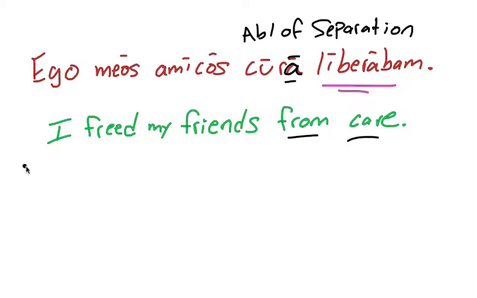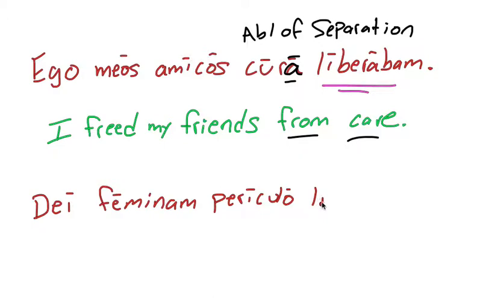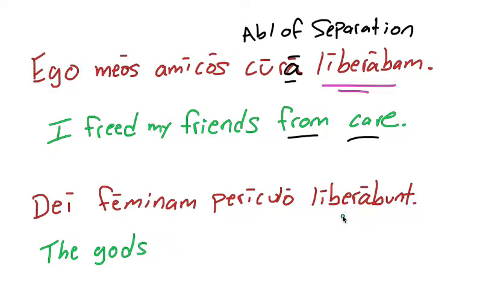Here's another example of this idea of an abstract separation. Okay, so Dei feminam periculo liberabunt. The gods, Dei, liberabunt, future tense, will free feminam, the woman, periculo, from